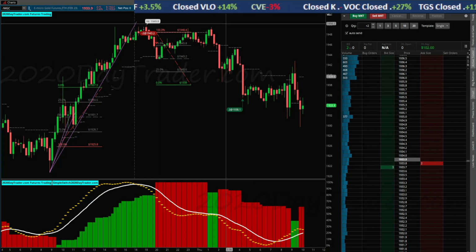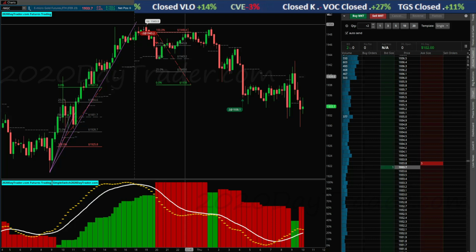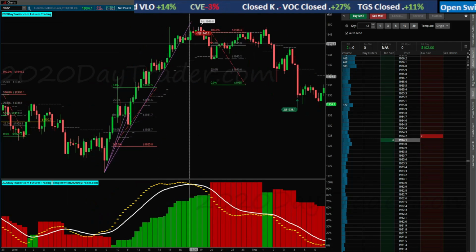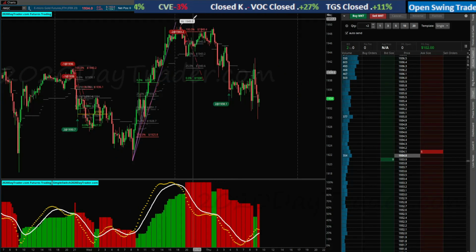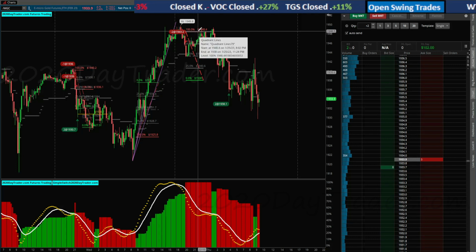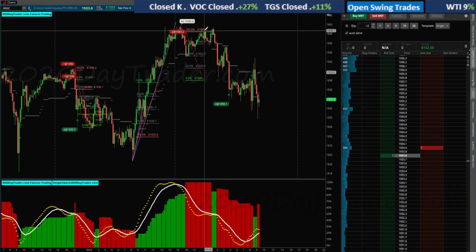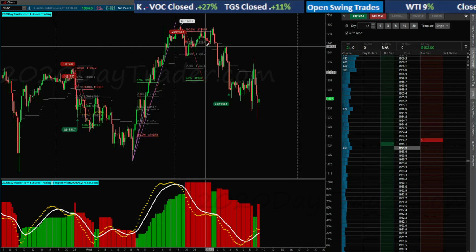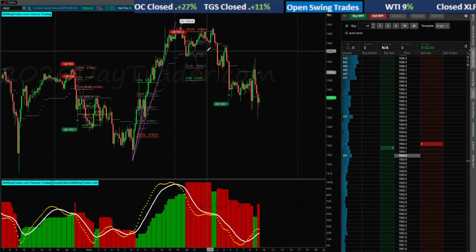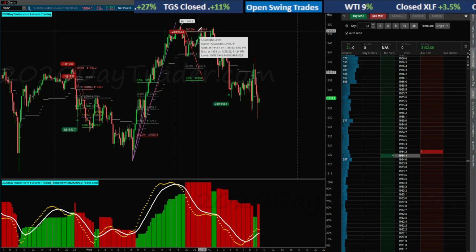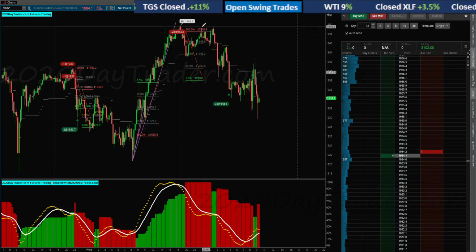I had my stop above the high of the day, or the high of this period, this little area right here, right? Zoom out just a little bit. So I put my stop above my high. And the reason why I did that was because my algo had my stop just below that high. But I know that with my algo, when it intersects with a high or a low, those highs and lows will most likely be resistance or support. And I didn't want to get stopped out right before resistance.